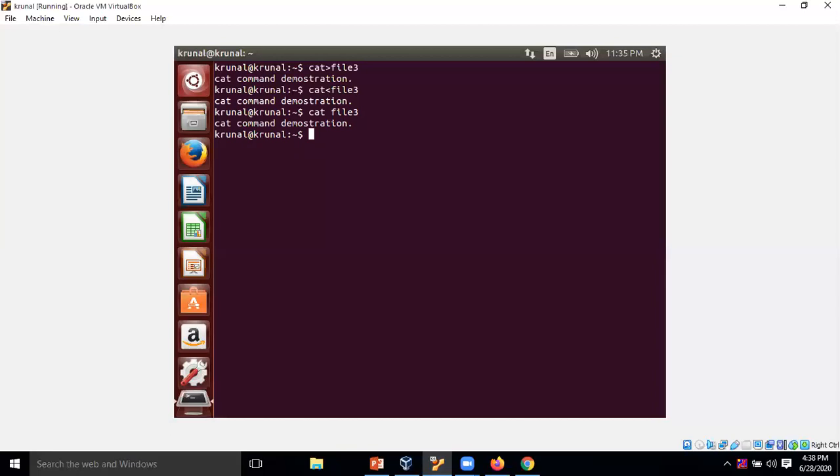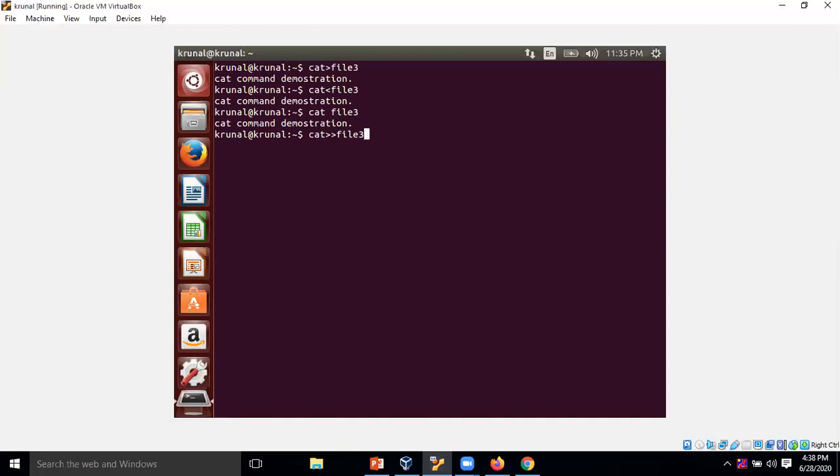Now the third duty is what? Through the cat command we can append the content of an existing file. For that we need to use one more operator, which is called the append redirectional operator. So that we have to use to append the content, and then you have to mention the file name.